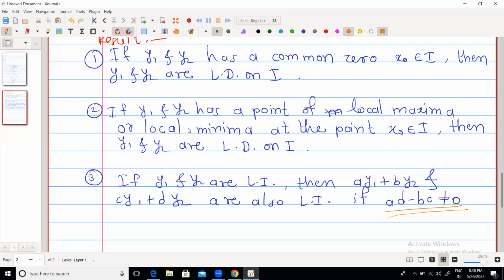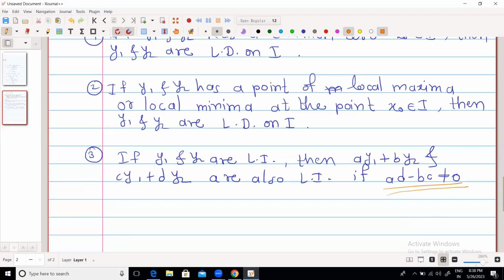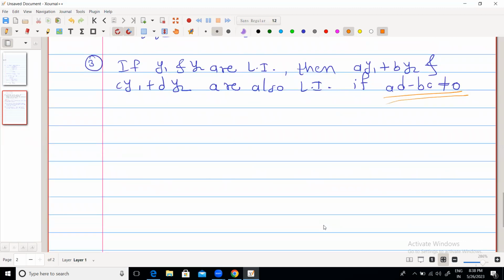आता हे प्रूव्ह करू शकतो आपण. So let us prove the third result. So its proof is